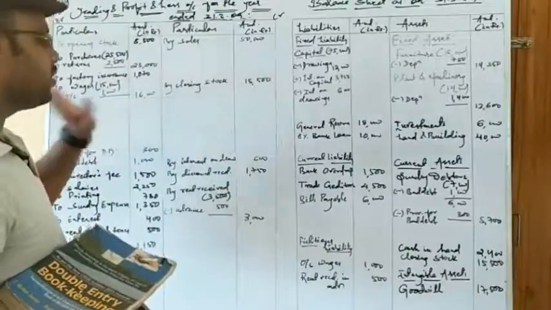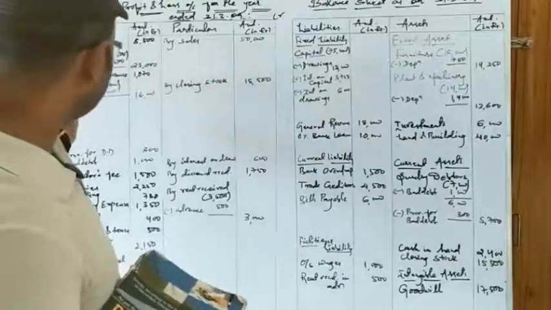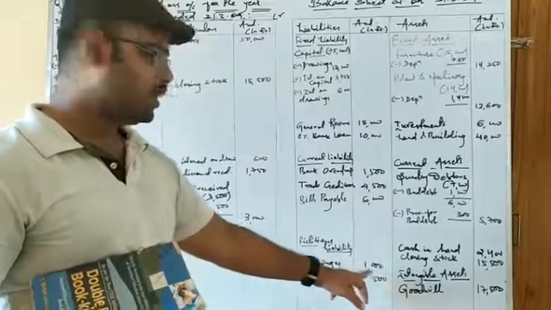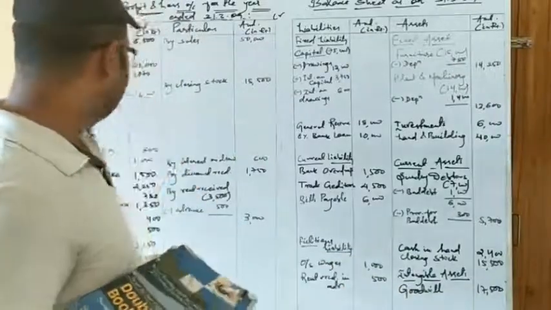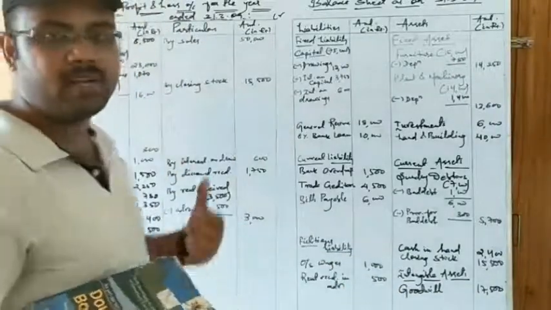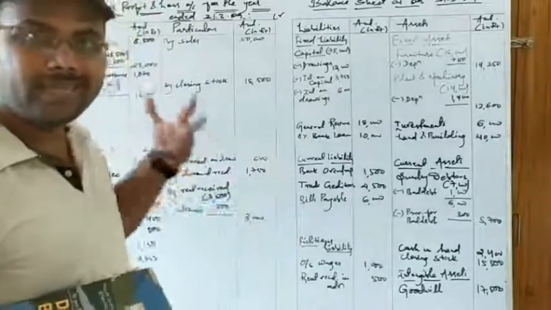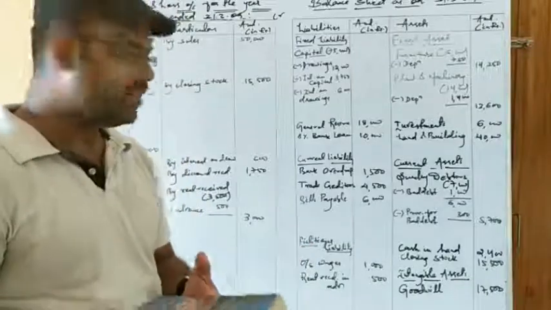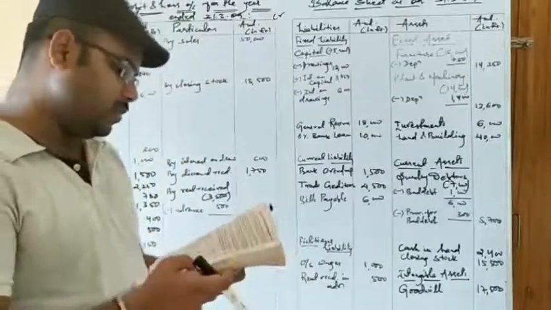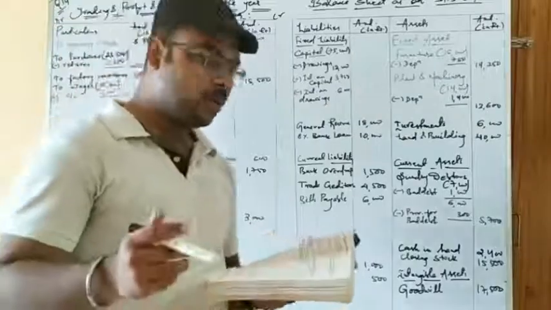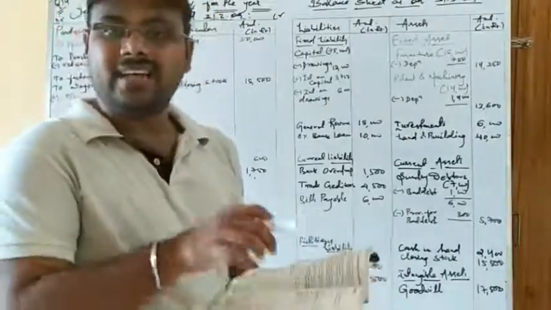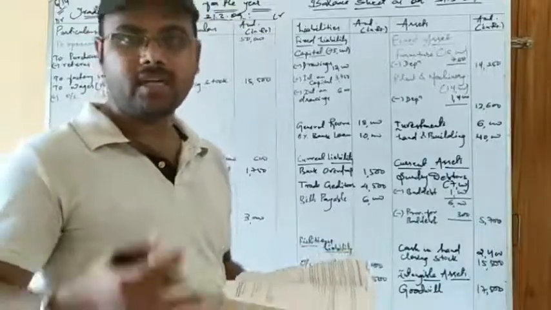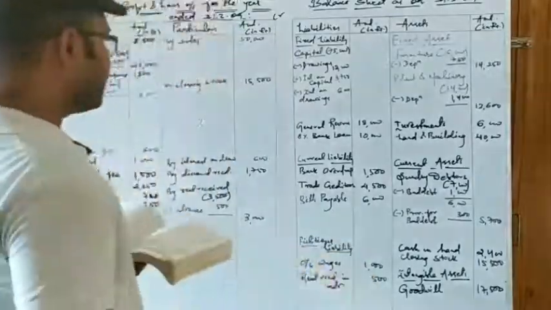Then in the outer column it comes to 16,000, and the second treatment for the outstanding wages is as a liability, for which I have made a heading here and written 1,000. So the outstanding is written on the debit side of the trading account by way of addition to the concerned expense and treated on the liability side of the balance sheet under the head of liability. The last adjustment we have here is rent received included 500 as advance, because it is income received in advance and is not related to the current accounting year. It has to be deducted from the concerned income.